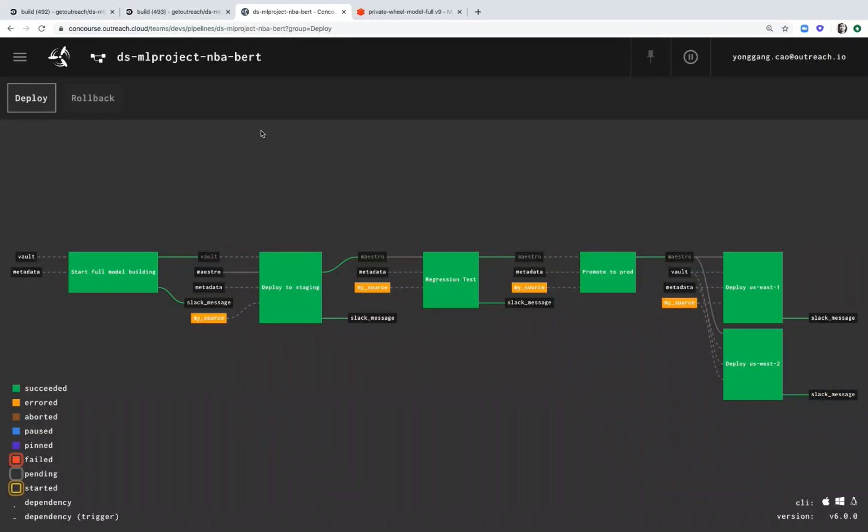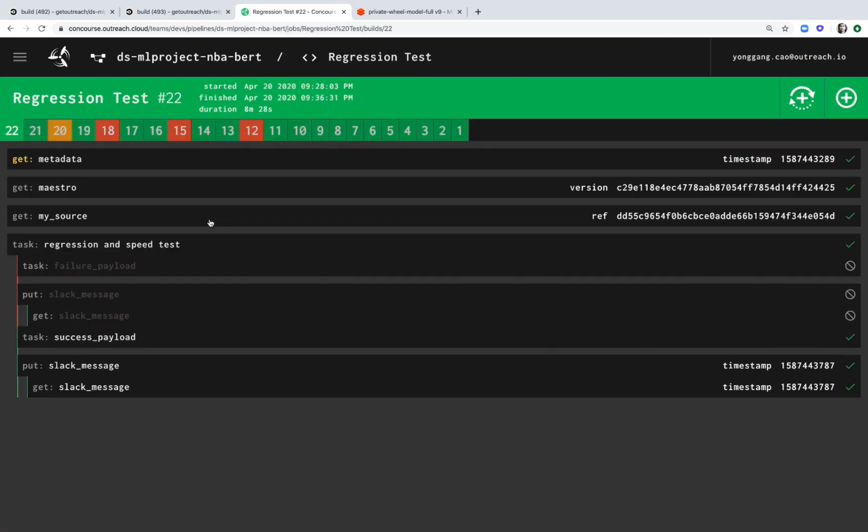This is our Concourse CD pipeline. We start with triggering the full model building, as I showed, which still happens in SQL CI. And SQL CI will notify the CD when it's ready to be deployed. Then Concourse will take over to deploy to staging. And then we will do regression tests against the staging endpoint.